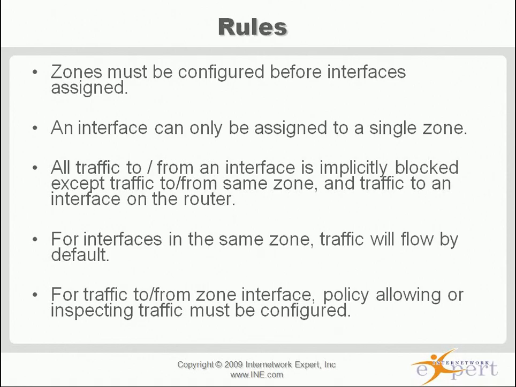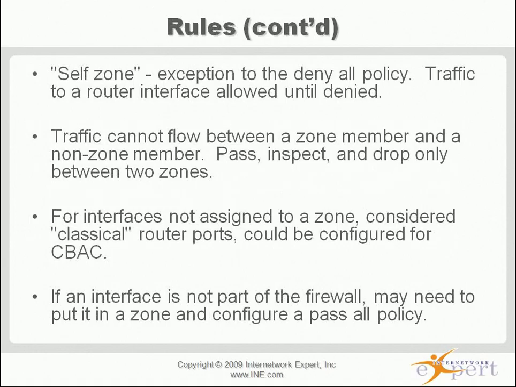So the next set of rules we have are additional rules, general information. With the device itself, we have the concept of a self zone. The self zone is the interfaces of the router itself. So if I have my router's FA0/0 interface, FA0/1 interface, serial interface address, traffic destined to the router itself, by default, is going to be openly allowed. Now you can get into policy to change that, but in general, traffic to a router interface is going to